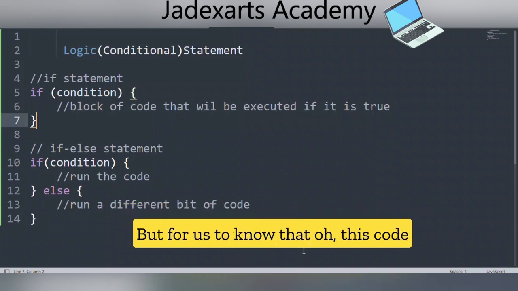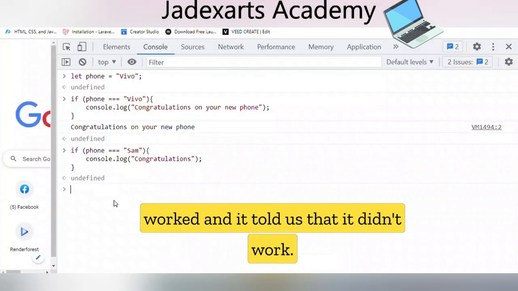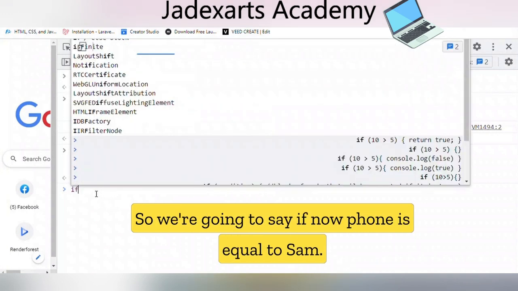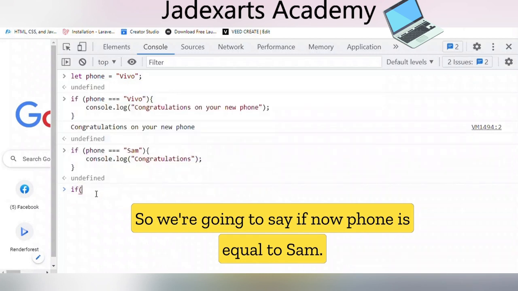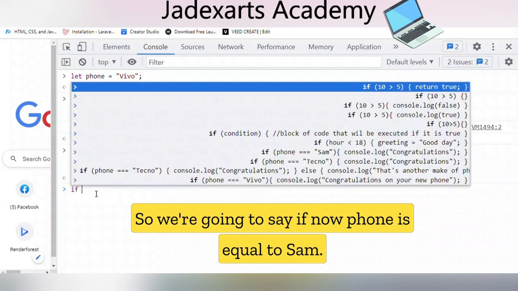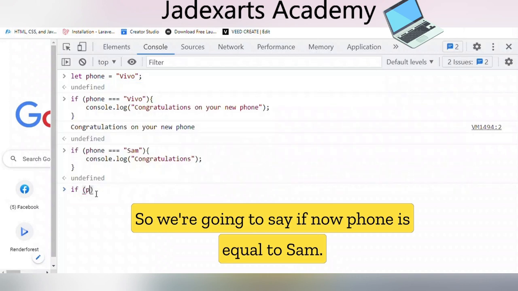But for us to know that this code worked and it told us that it didn't work, we're going to say if phone is equal to Sam.